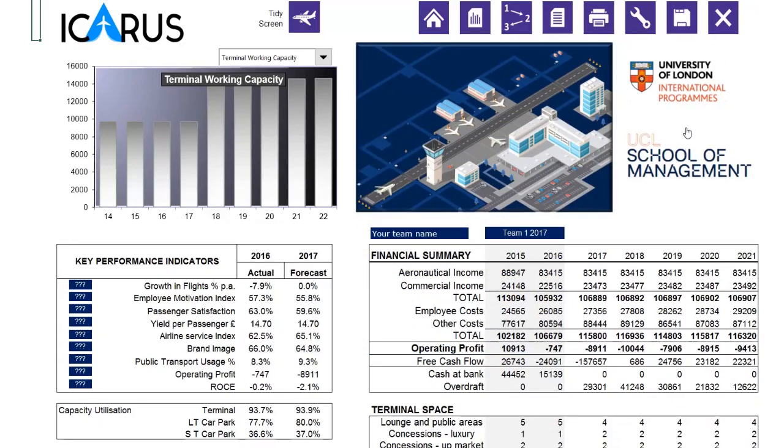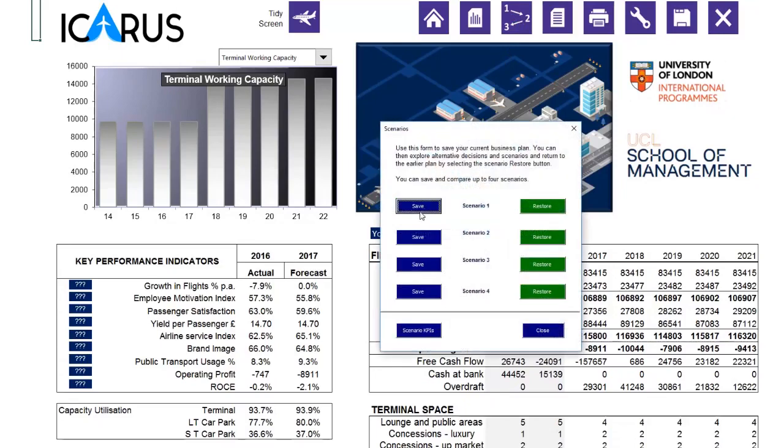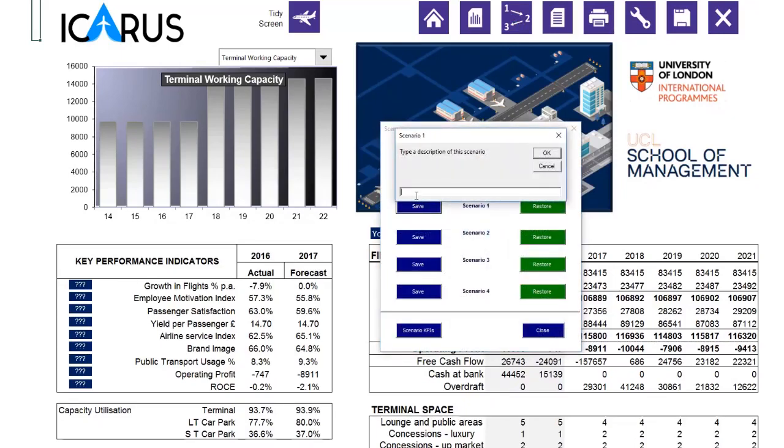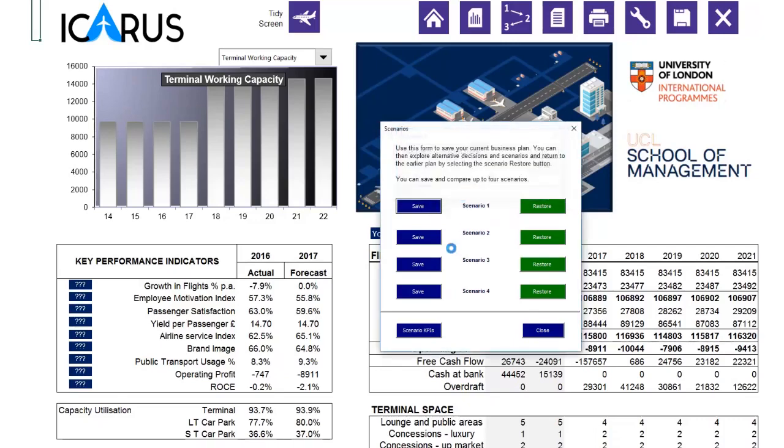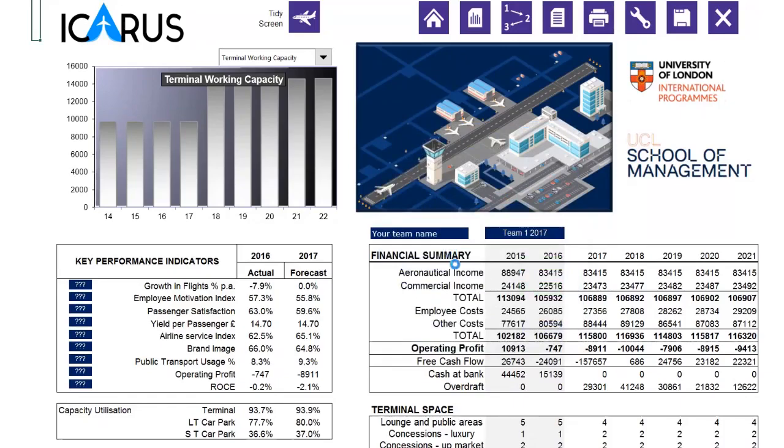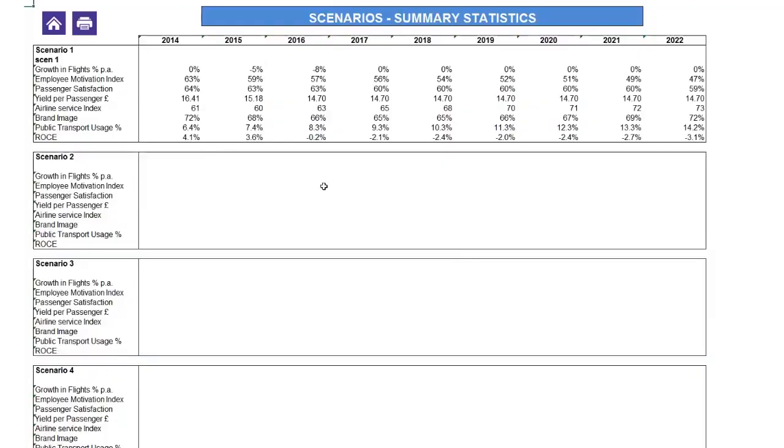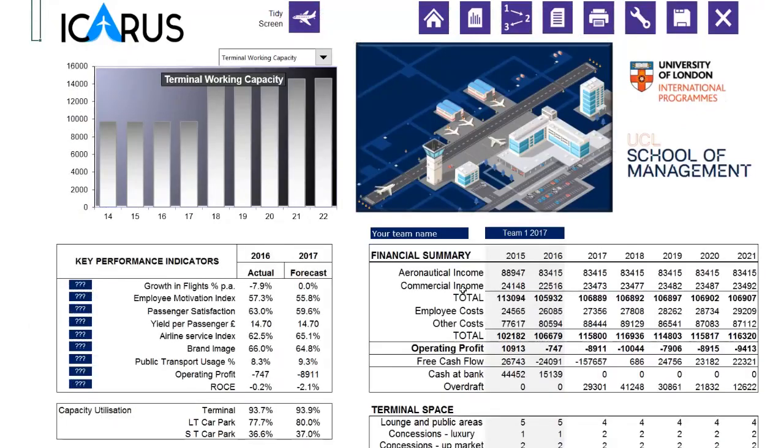Once you've made a set of decisions, it's not a bad idea to save them, but you can also choose to save them as a scenario. And if I save scenario 1, I can then leave that and start again. So for example, if I've decided to try out a high price airport focused on high service standards for the long haul scheduled airlines, I can try making decisions that are consistent with that, save it as a scenario,